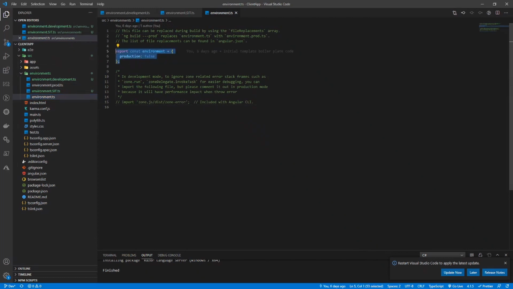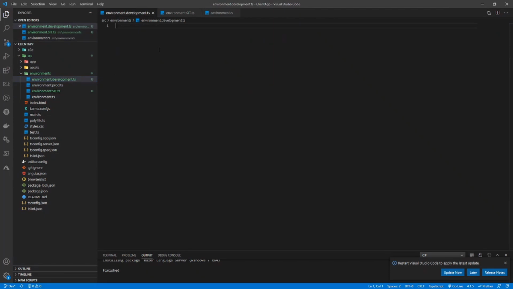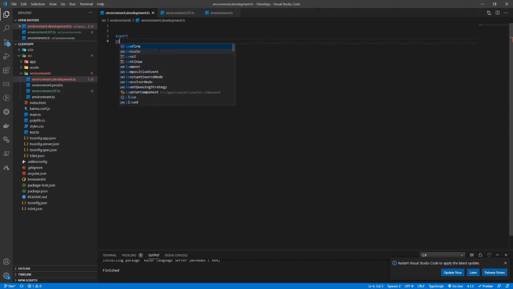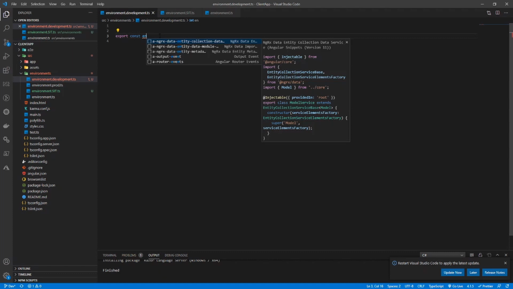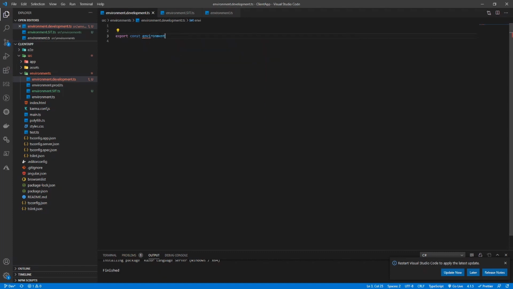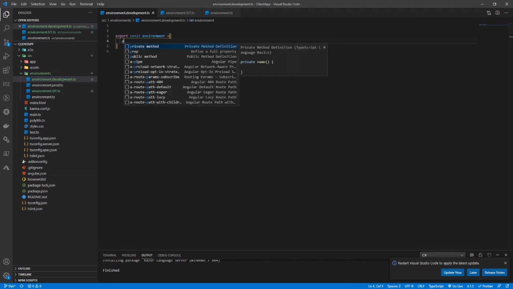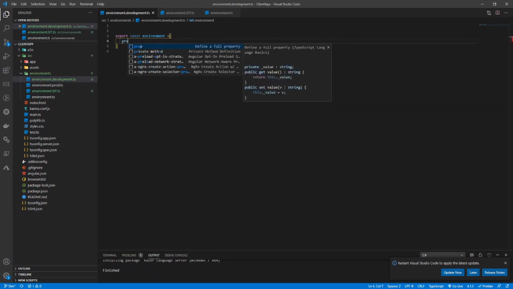Now you can see that here production is false. So in the development environment, I will create it similarly, just like this. I will create one class, export const. If you know JavaScript, you can easily recognize my naming conventions and all. Okay, environment equal to this one. I will create one object. All right, production